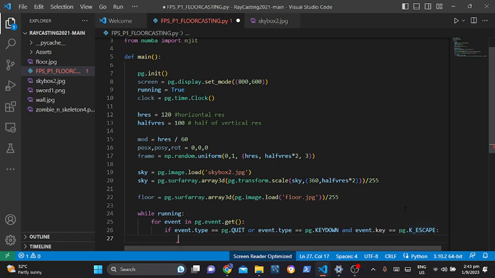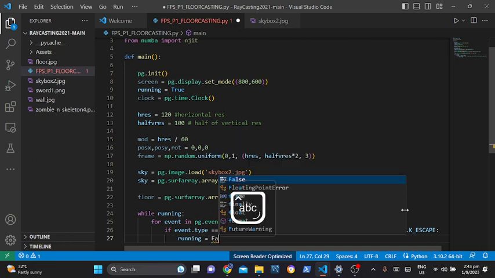Then what we would want to do is running is equal to false,